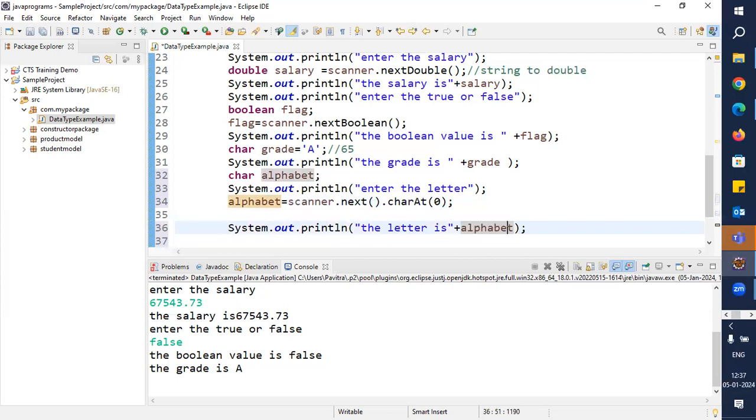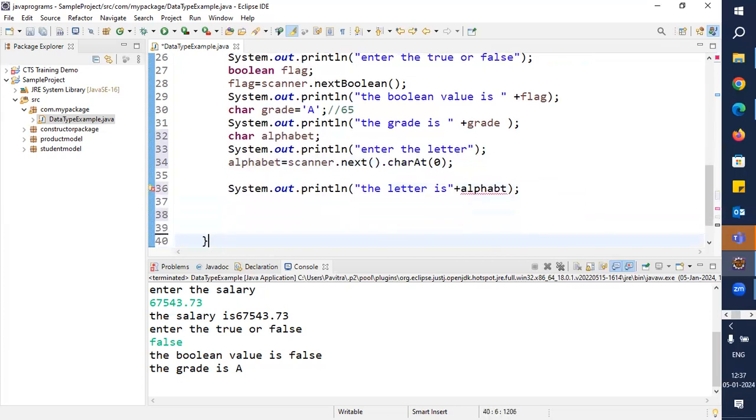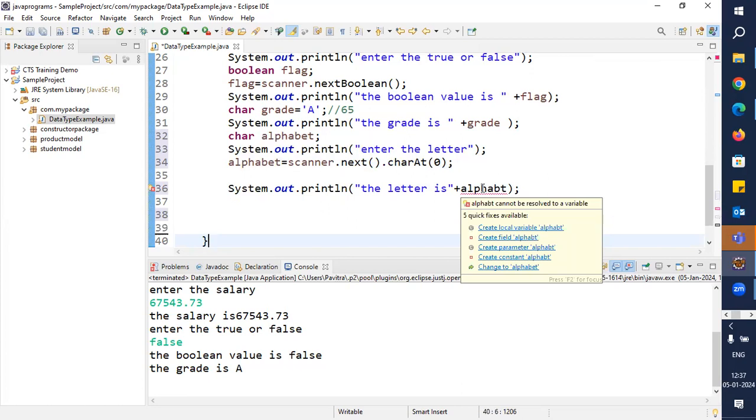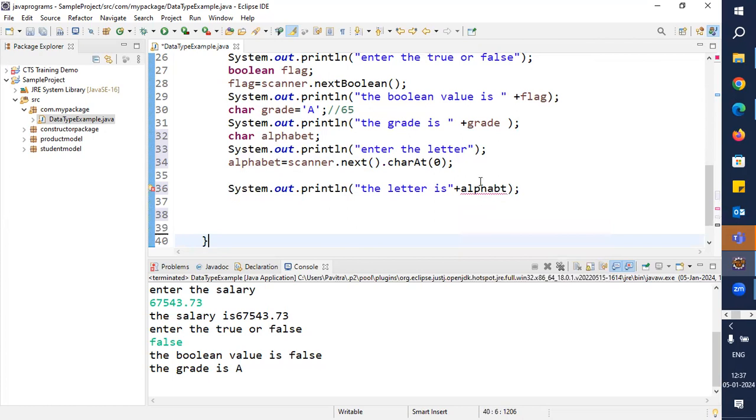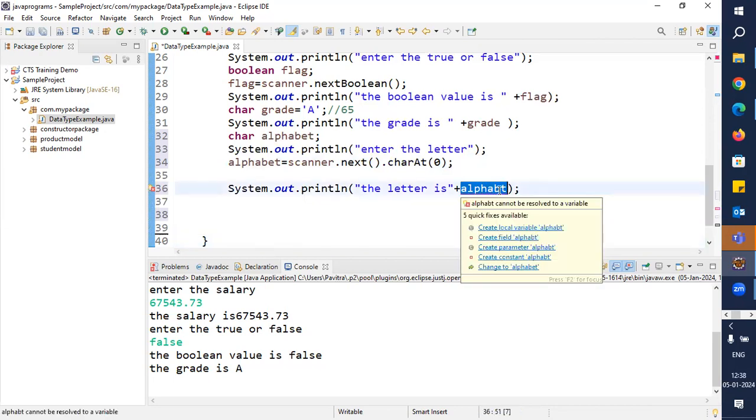And while giving the variable name, if you make a spelling mistake, again we'll get an error. So what is that error? You can see alphabet cannot be resolved to a variable. It knows that if I'm not giving double quotes, it is a variable, and it will search the entire program: is there a variable? But there is no variable like this. The spelling is quite different here and here,